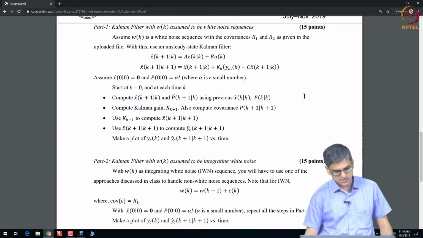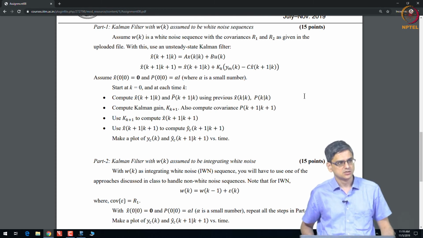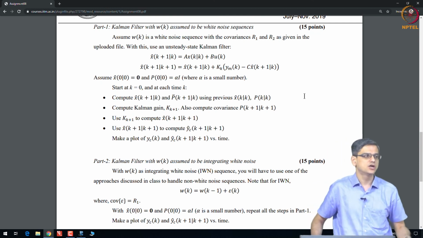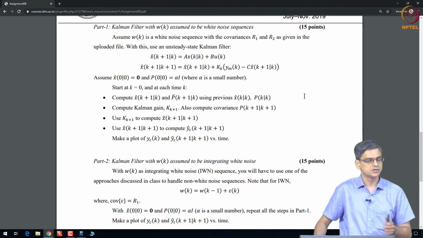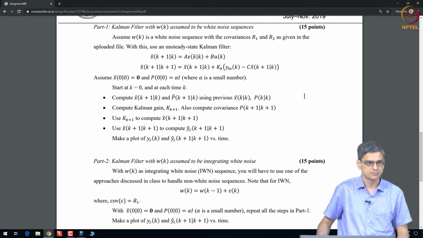Case number 1, you are going to assume white noises. When you assume white noise, you will see that you are not able to track your XB and XD. Your XB hat and XD hat will differ from the XB and XD values that are provided to you.